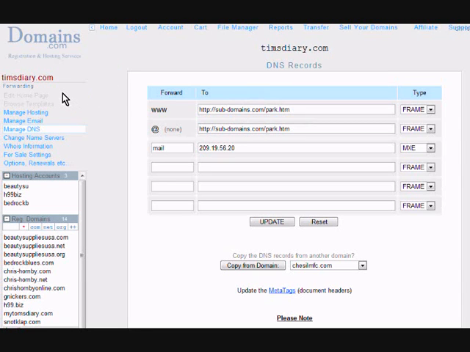We want to forward timsdiary.com to Tim's blog page, say. So we change the www record to the address of Tim's blog, and while we're about it, we change the @ record as well. The www record means that anything www.timsdiary.com will go to that address, and the @ record means just timsdiary.com without the www will also go to